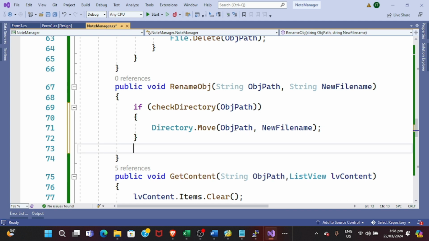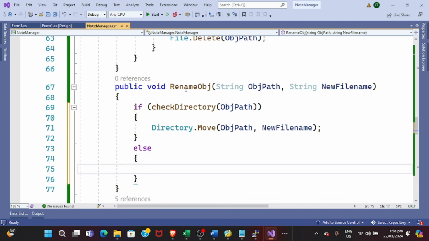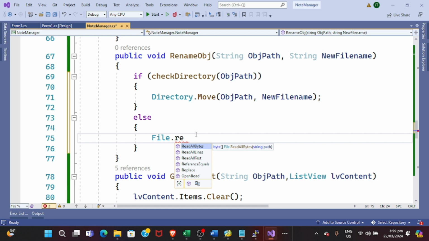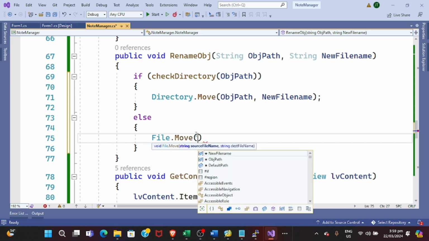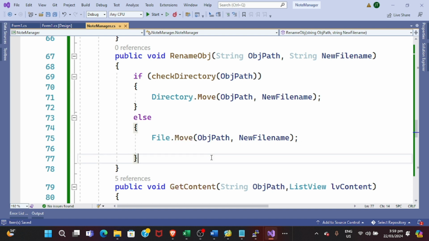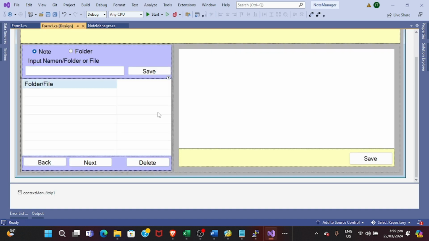Else if it is a file, so File.Rename. Okay, FileInfo, see if there's a rename. I think there's no rename, but rather File.Move. Okay, the same, I think just do object path and then new file name. So let's see what will happen. Okay, rename object, and then what we'll be doing is